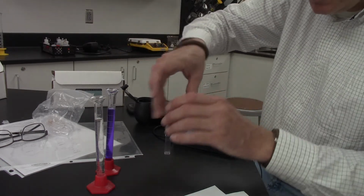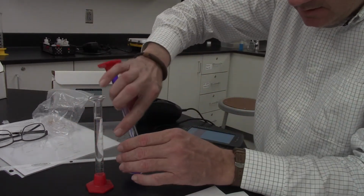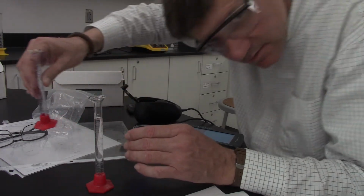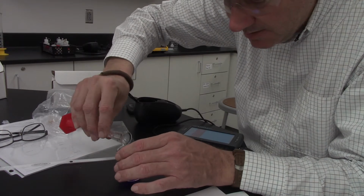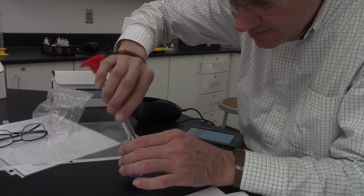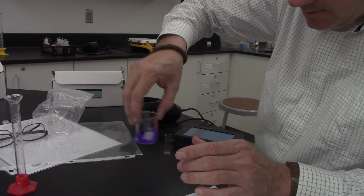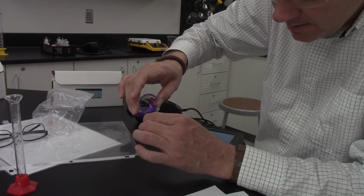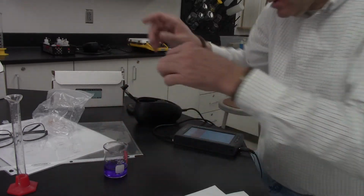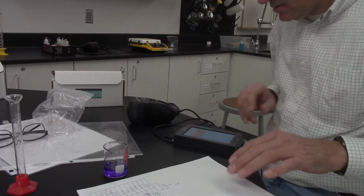So we're going to mix this together. We've got the crystal violet, and then we're going to mix in the sodium hydroxide. As soon as that mixes, this reaction is going to start. So we're going to swirl this around, and we're going to put this in the cuvette, or put the cuvette into the colorimeter, and at time 0,